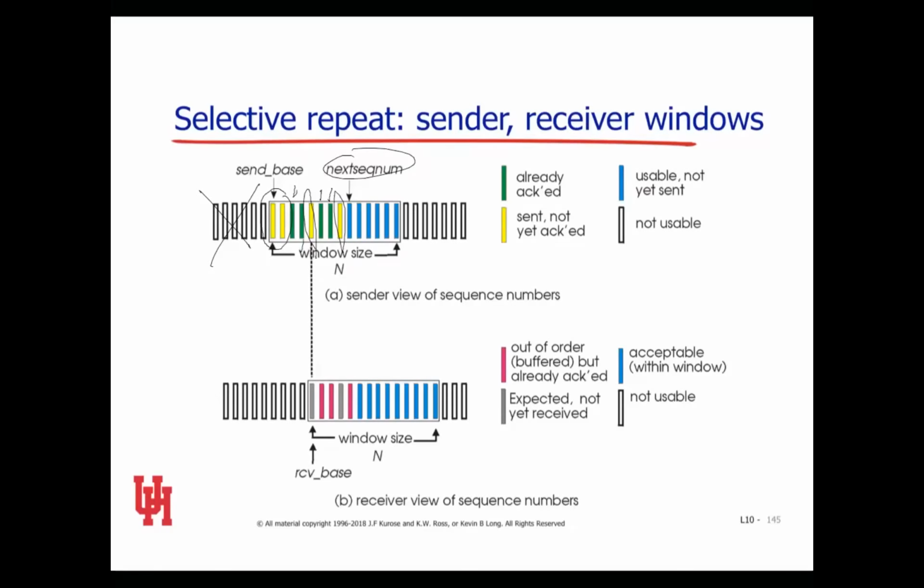Down at the receiver side, do I really know what's going on? All I really know is that this packet, this one, and all of these were received. I have no idea what's really going on with the ones that are in yellow. To be specific, I have no idea if this packet was ever received and if the acknowledgement was lost, or if it was received but was corrupted, or if it was never received, or if it was received and the acknowledgement was sent and it arrived but it was corrupted. It doesn't make any difference. I have a timer set for this oldest packet, and what I'm going to eventually have to do is